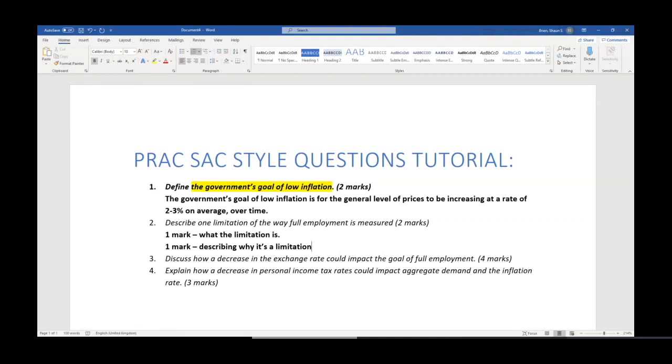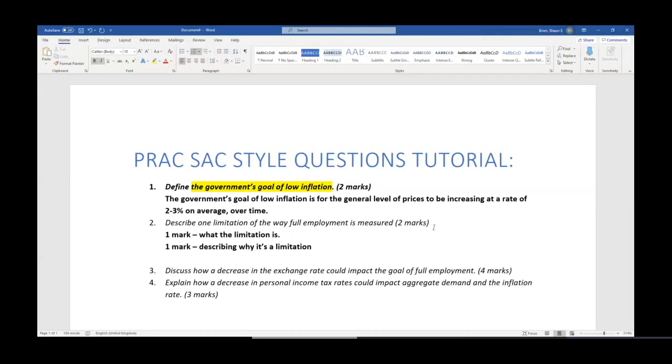So why that's a limitation is because many of those people working 1 hour per week would be considered to be underemployed because they would actually be wishing to work many more hours. They might want to work full time. And that's where you get that second mark. So if we were to write that up, one limitation of how full employment is measured is that